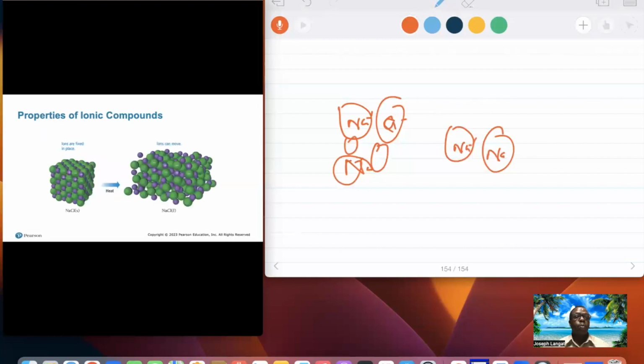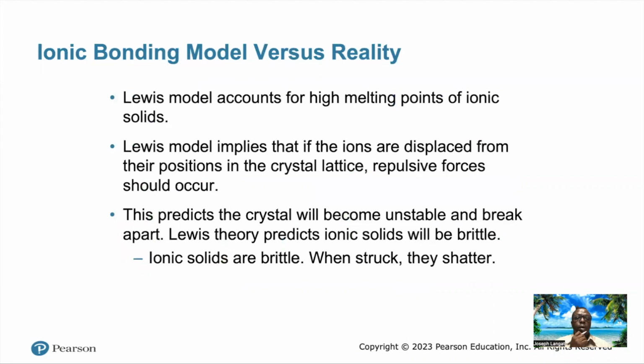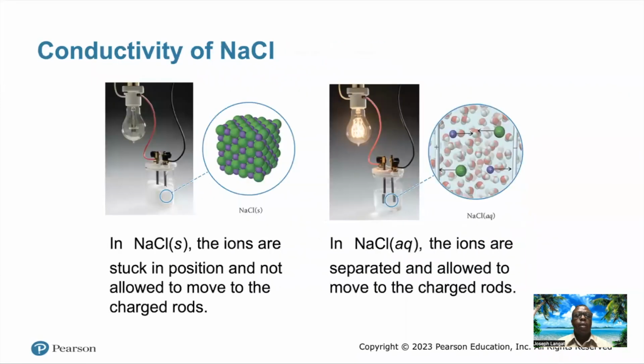A common example on properties of ionic compounds is sodium chloride. It has a regular pattern, agreed, but if we put the salt under heat, you'll see that they lose this pattern and start disintegrating. Please read on ionic bonding model versus reality. I know you can make use of that. Other than that, I just want to wrap up